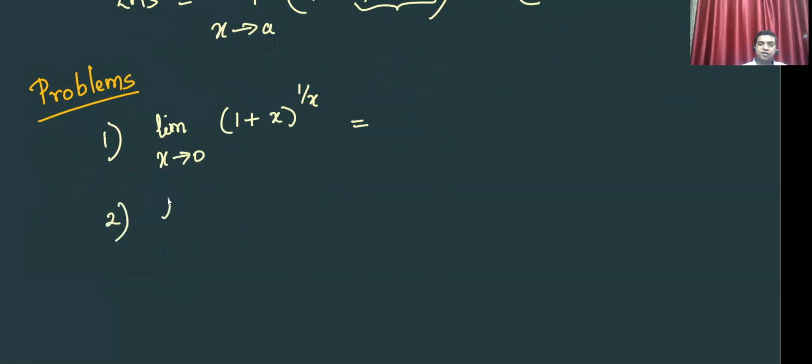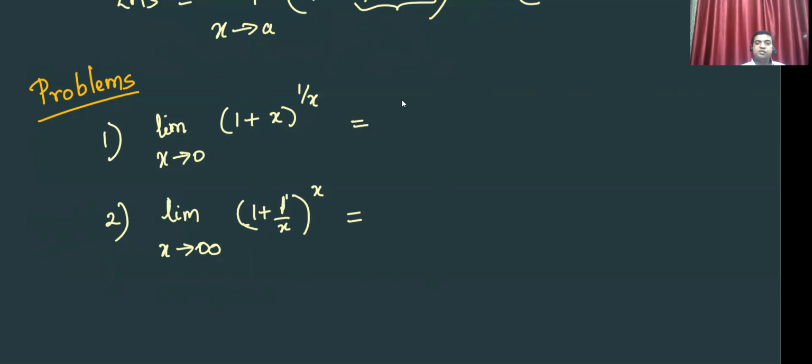Another one is also a standard result. Limit x tends to 0 or x tends to infinity, 1 plus 1 by x to the power x. The value of this is e,